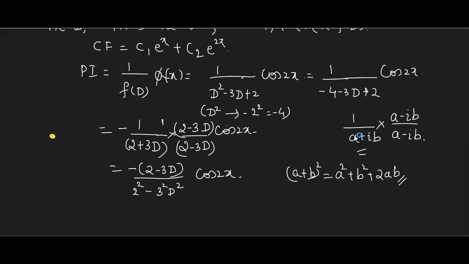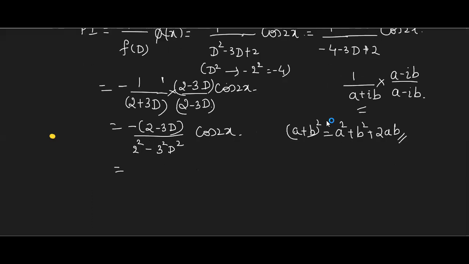I don't know what to do, because for cos, replacement has to be done with D square only. Am I right? So that's why we have to just multiply and divide by the conjugate pair. Clear? Do remember. Okay. Now what do you do here? Isn't it, you have a D square in the denominator and we have to operate on a cos?